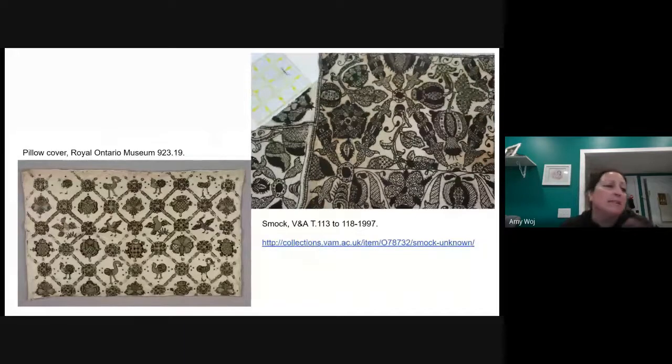Now, maybe it's still the idea that you're making a dickie, for want of a better word, to fit over the top of your clothing, so you're not sweating into your richly embroidered fabric. But I do think it lends more credence to the idea that this was meant to be a smock itself and not necessarily what you might think of as a partlet. Because it did have these embroidered underarm gussets, which clearly match the rest of this outstanding embroidery